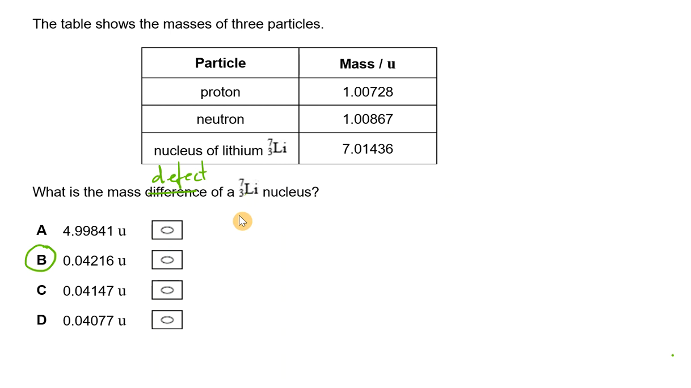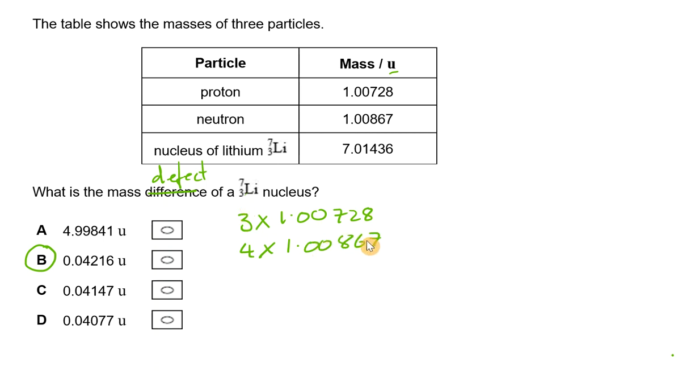So there are three protons. We can tell that because that's the atomic number, and each proton has a mass of 1.00728 U. That's an atomic mass unit. And there are four neutrons. We can tell that because that's the mass number, and the mass number is the number of protons and neutrons together. So there are four neutrons, and each one has a mass of